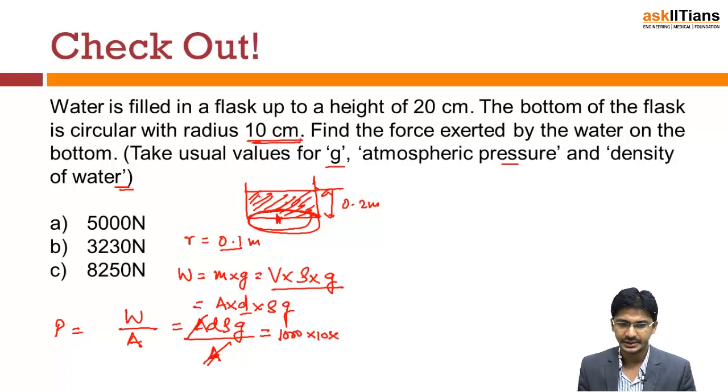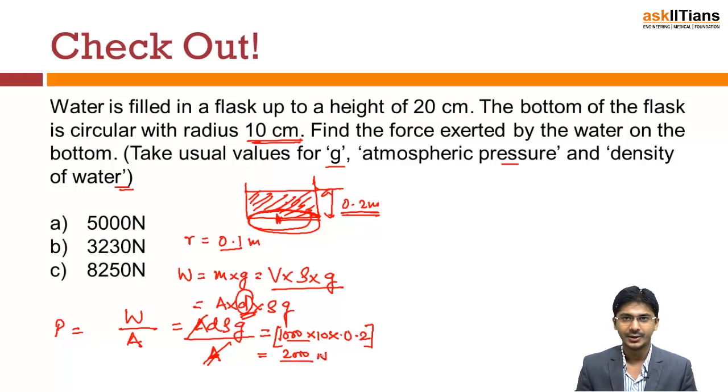What is d? What is the density of the liquid that you have? It is given to you. I haven't taken the depth of the liquid. This is the depth, this is 0.2. So what you have is 1000 times 10 times 0.2, which will become 2000